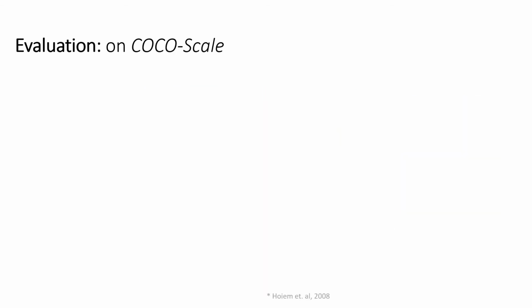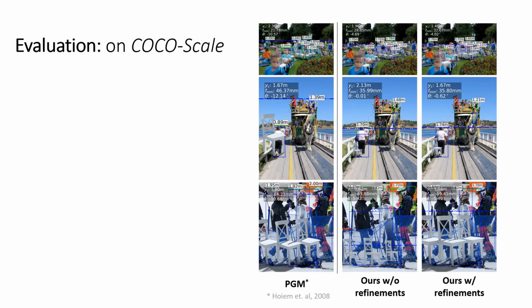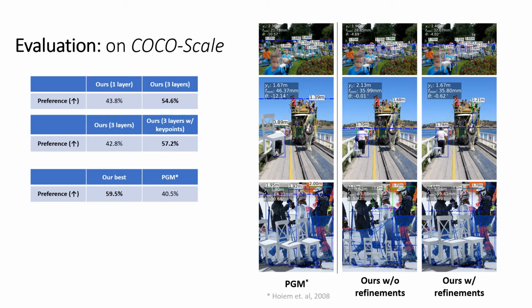Our method is qualitatively compared to a classical method of probabilistic graphical model with state-of-the-art components through the application of virtual object insertion with estimated scale and camera parameters, where our method demonstrates more reasonable scale estimation results and better robustness. We also conduct an A/B user study on the virtual object insertion results, where our model improves with more layers of refinement and estimating human poses to better infer human heights, as well as showing advantage over the baseline method.